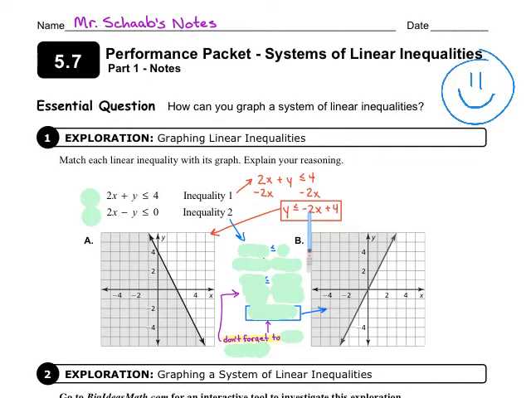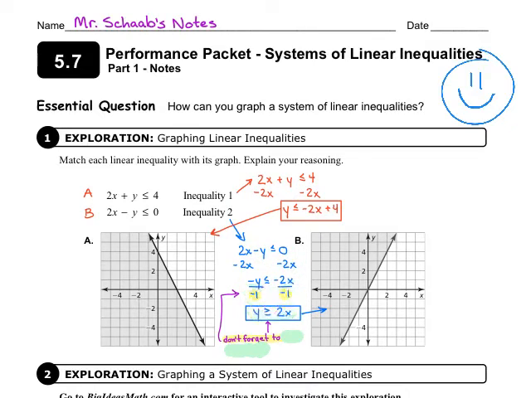is negative 2. So we're looking for a downhill line because our slope is negative, and we're looking for a y-intercept of positive 4. If we look at this graph, the y-intercept is 0. This is a positive slope. Matter of fact, that's a positive 2 because we rise 2, run 1. This one has a y-intercept of 4, and it's got that negative slope, and it is a negative 2 slope. If we go down 2 and right 1, that's how we get that nice downhill pitch here. So inequality number 1 is A, and of course, by process of elimination, we know that inequality 2 can be matched